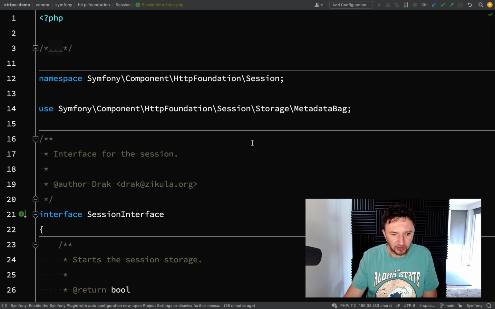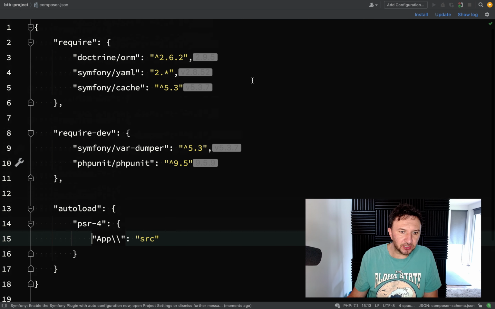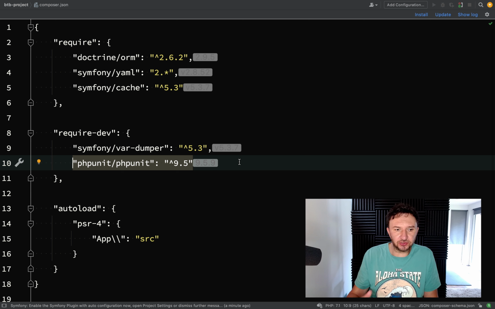So let's actually go back over to our project and we'll start to see if we can actually start creating this but using a test. So that might pose challenges, but let's give it a go. So here I am in the BTB project, and as you can see we've already got PHPUnit installed as a dev requirement. So first things first, I'm actually going to create a